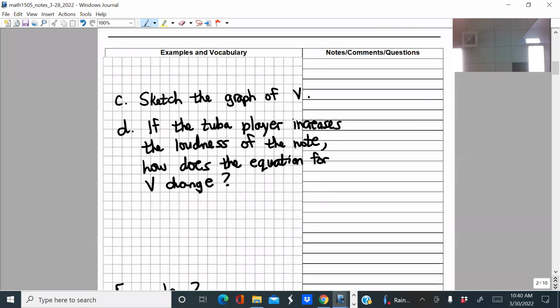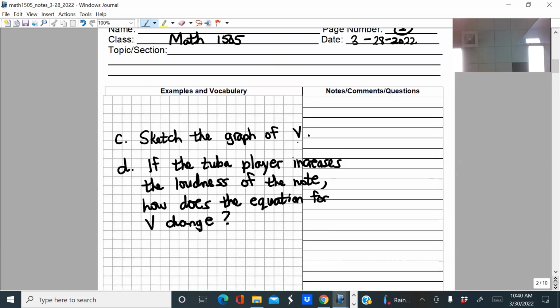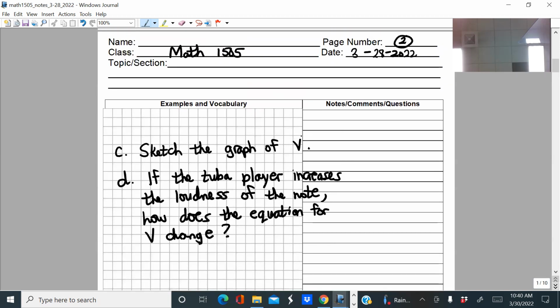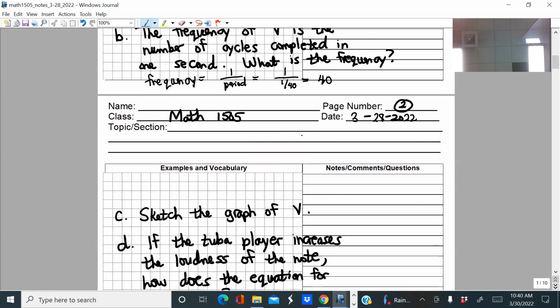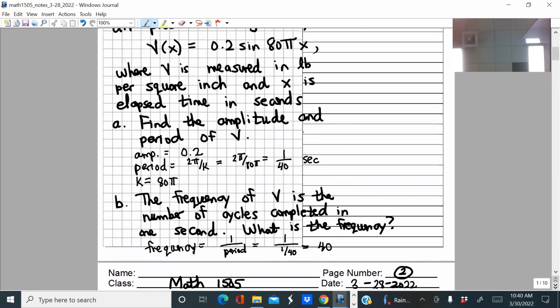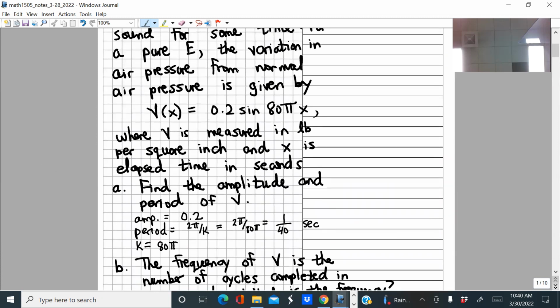You can just use your intuition to answer this question. If the tuba player increases the loudness of the note, what in that equation is going to change? So what would you change about that sound to make it louder? You don't want to change the note though, okay? So what would you change in this formula to get a louder sound? Same sound, so your brain will detect it as being the same note, but it's going to sound louder to